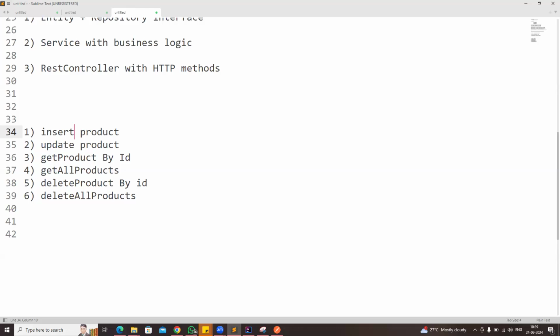So minimum 200 lines of code we need to write, right? Yes, sir. Insert the record, update the record, get the record by using its ID, get all the records, delete the record by using its ID, delete all the records from the table. So we need to write minimum 100 to 150 lines of code in order to develop one REST